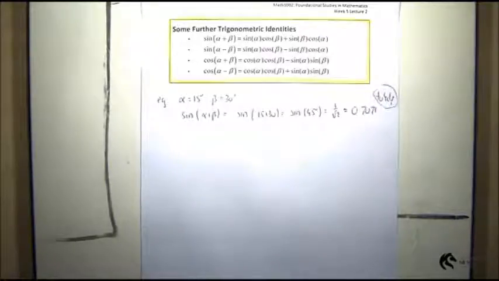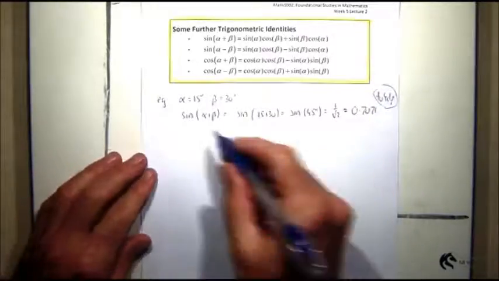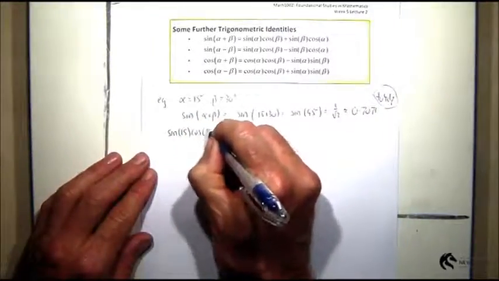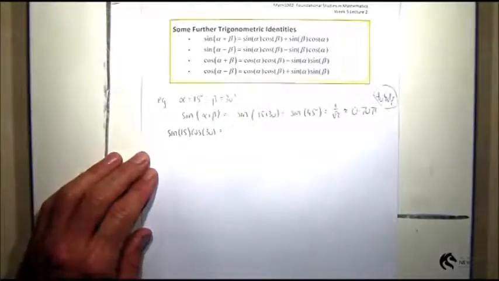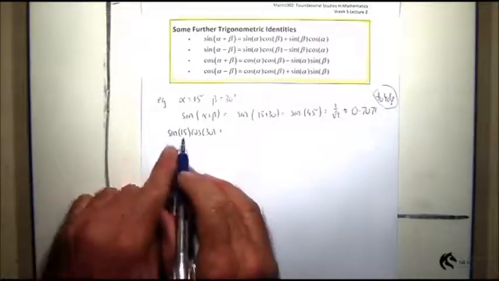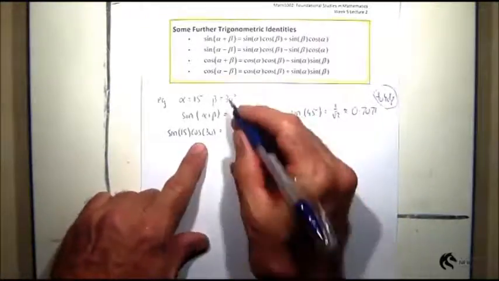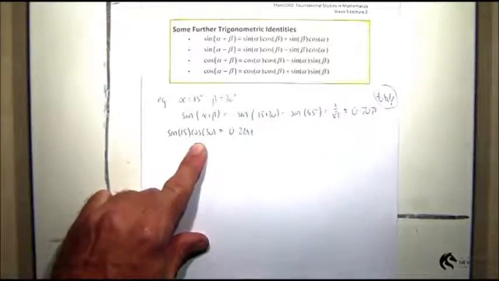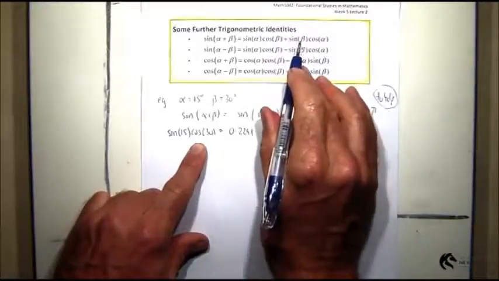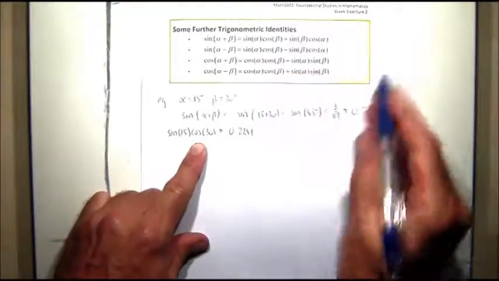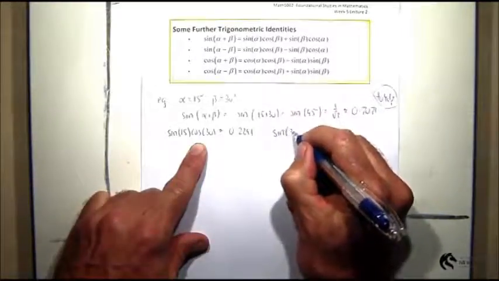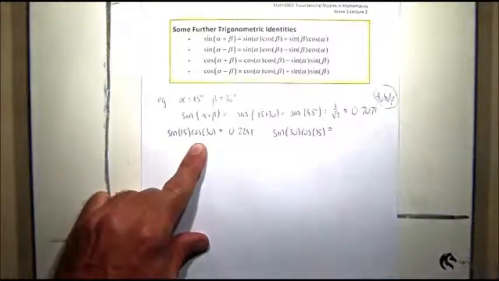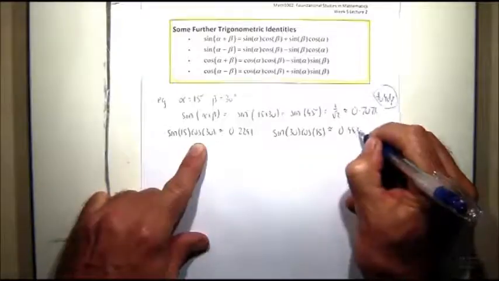On the right-hand side, I need to work out these quantities, so let me do it. So I'll go sine 15 cos 30, and do that on your calculator. Put sine 15 times the cos of 30. I mean, you don't have to, but that's what you would do. And you're going to get something like 0.2241 to 4 decimal places. Then the next thing I have to work out is sine 30 cos 15. So sine 30 cos 15, and when I worked that out, I got something like 0.4830, accurate to 4 decimal